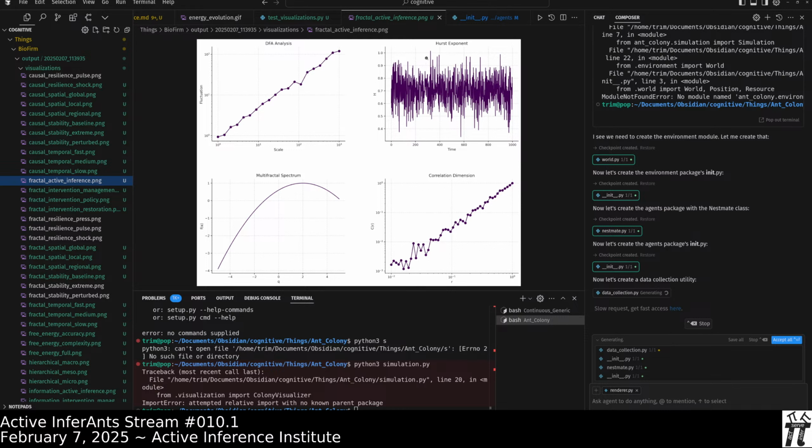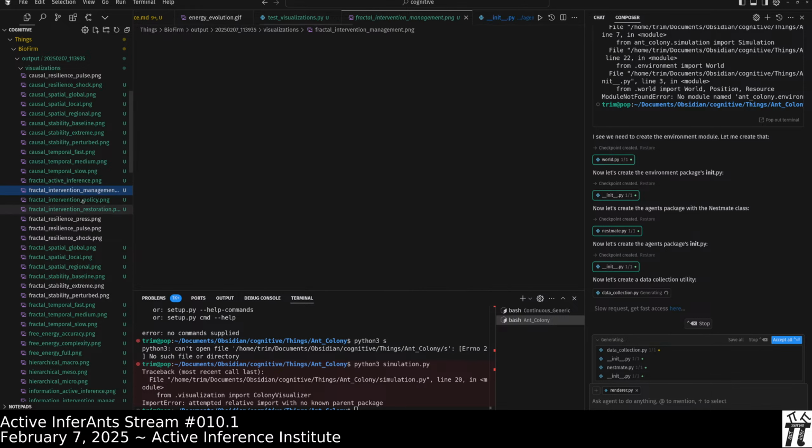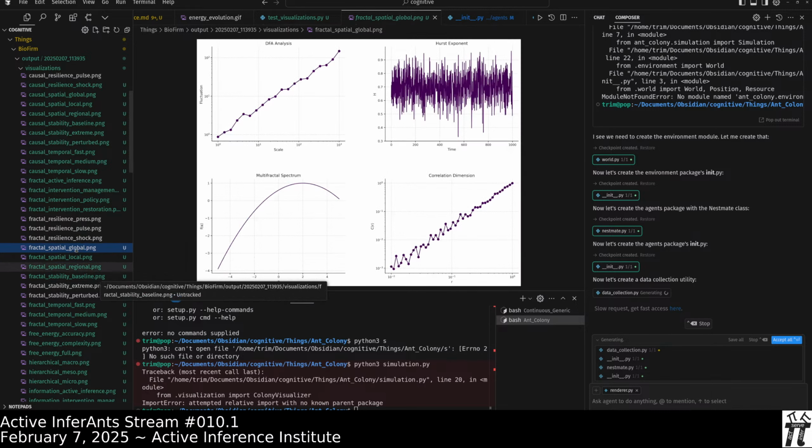Hurst exponent, looking at the roughness of a path. Looking at correlation, scale-free correlation dimensions. Looking at the fractal power spectrum. Intervention management in the fractal setting. This looks like still mainly in time, but maybe this is spatial.